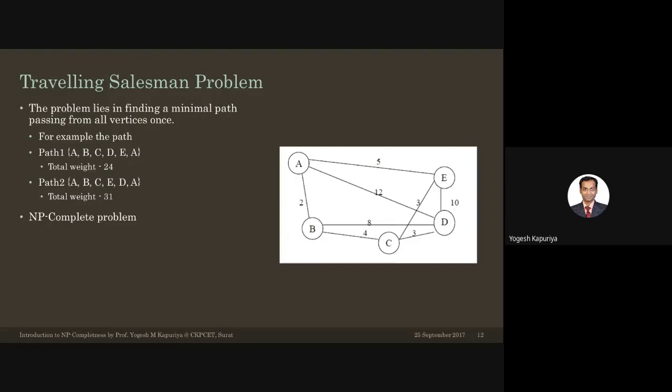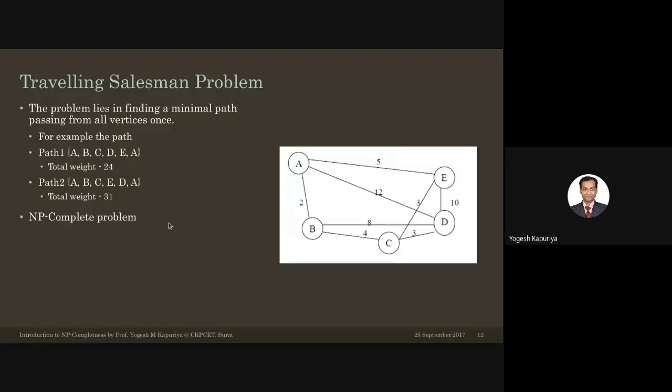So let's say for this case you also have two paths, and for one it is 24, for the second it is 31. You may argue that you can find this using this, but again, it's not polynomial, it's an NP problem. It's non-deterministic. You require a non-deterministic Turing machine to solve this, and that's why it comes under this category